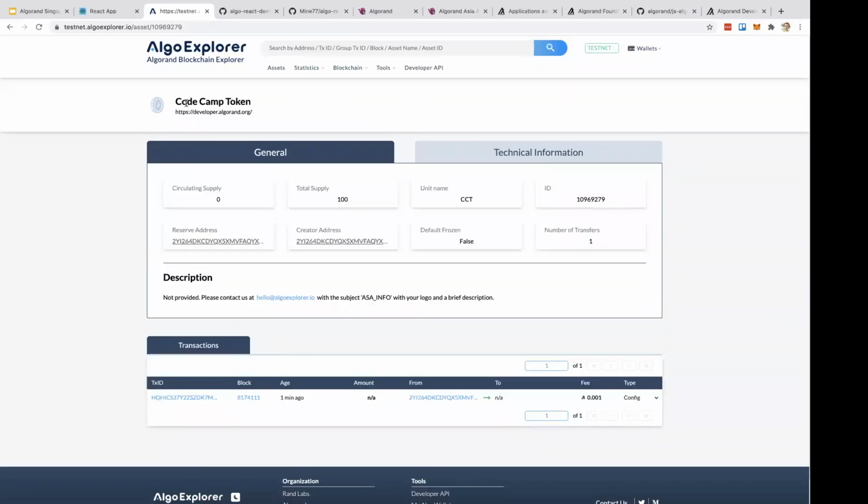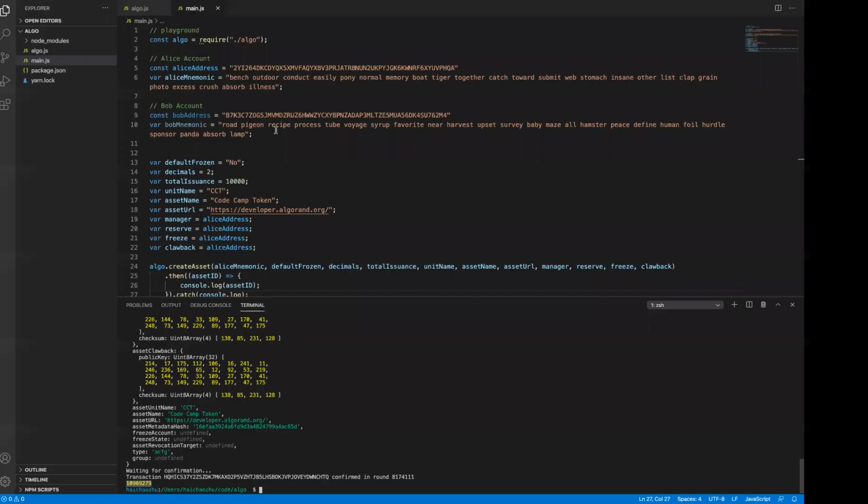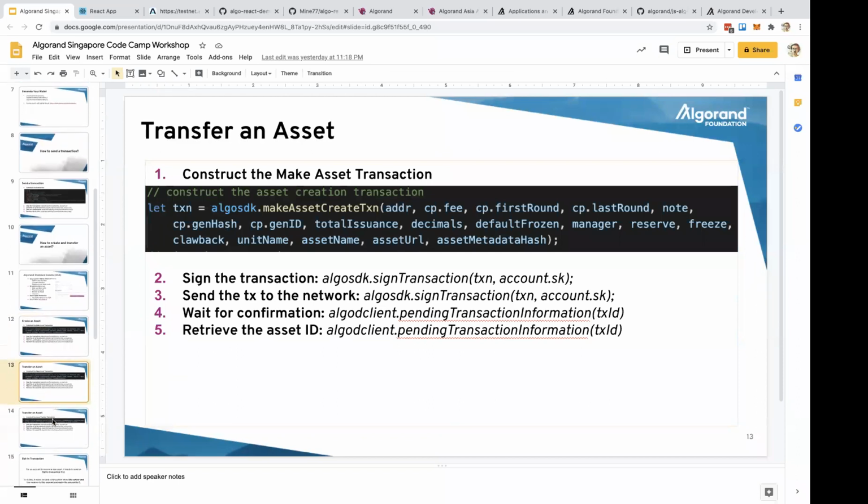Okay, you can see that this is a token. This is the asset we just created. It's called a CodeCamp token, and this is the URL of it, and the unit name is CCT. This is the asset ID of it, and here is all the asset information about this asset. Okay, so we have finished creating this asset. The next step is we want to transfer this asset, but